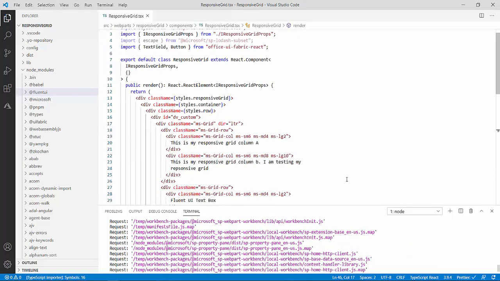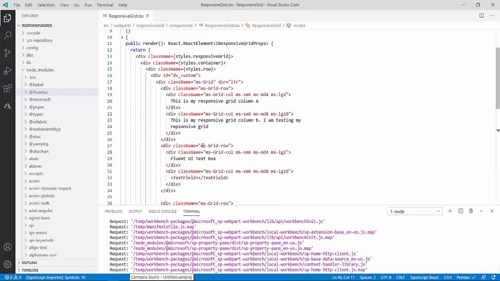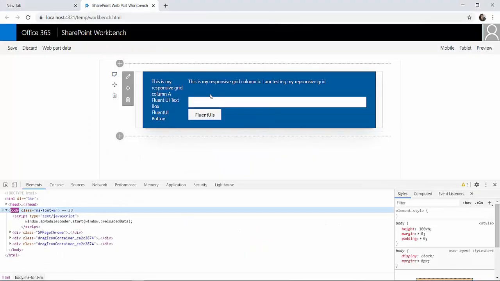I will go back to the browser. Gulp service is ready. I have put a separate row for each 2 columns, and now you can see this text box was giving me some UI issue. It was coming in the second row. It was because I had not created a separate row, and now you can see it is coming perfectly fine.